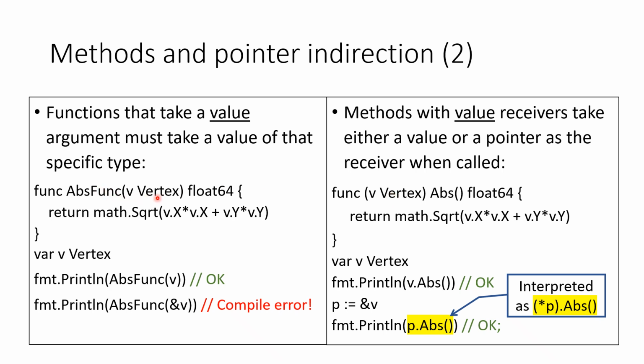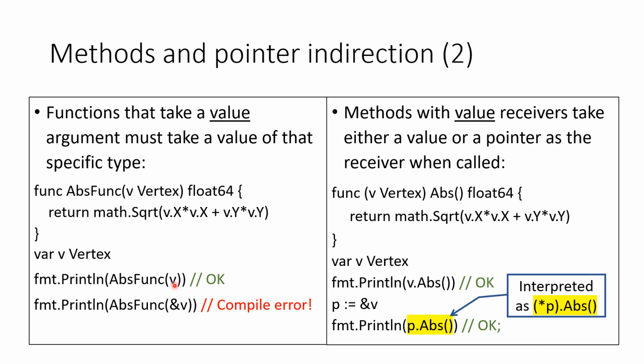This method is rewritten as function AbsFunc with Vertex v as a value argument. And in another function, we also define a variable v of type Vertex. Then when you call AbsFunc, passing variable v as argument